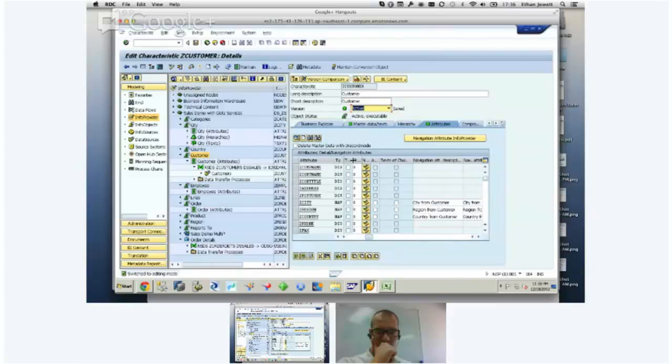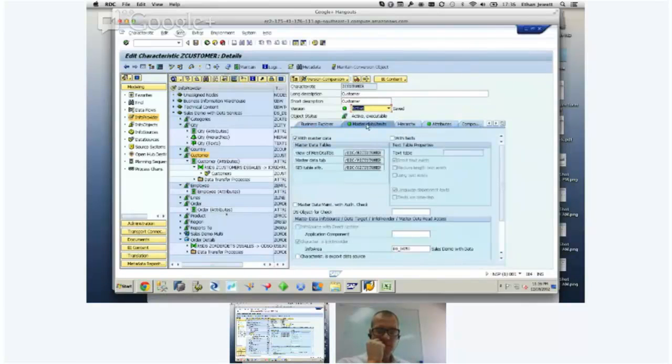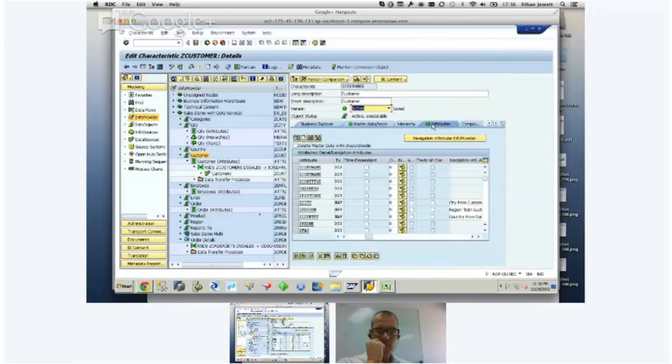If I can pull this open, there we go. So in order to make an attribute time dependent, you can check this time dependency box. When you do that, depending on how you set up the attribute, you can... Oh, sorry, no, it's always like that. What am I thinking? I need to start using the F1 help. So if you make an attribute time dependent,